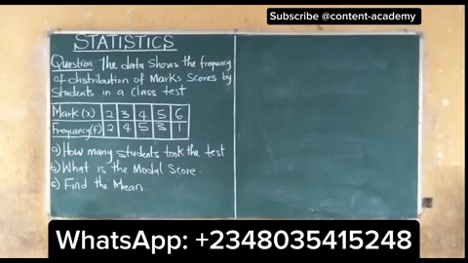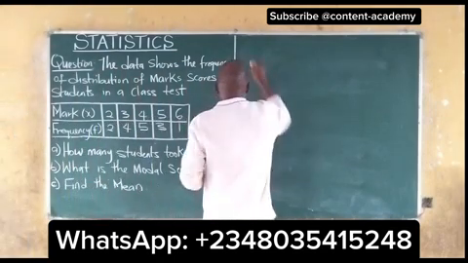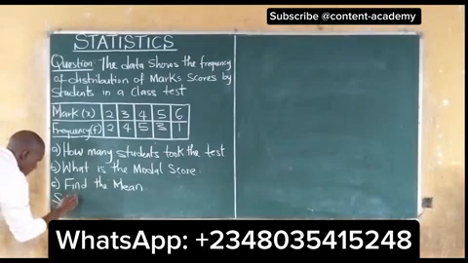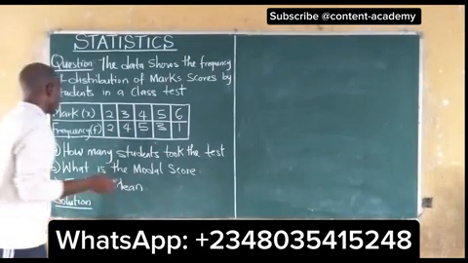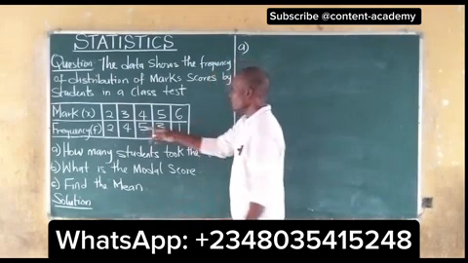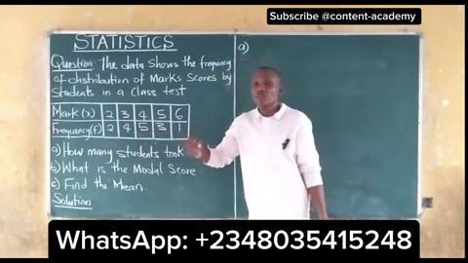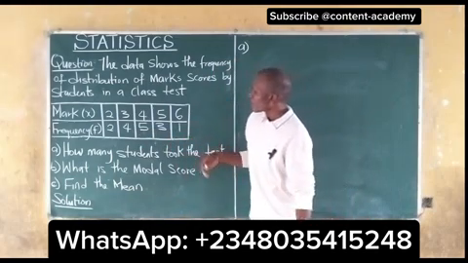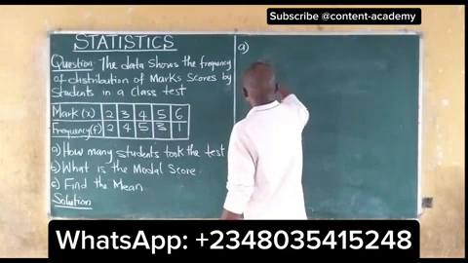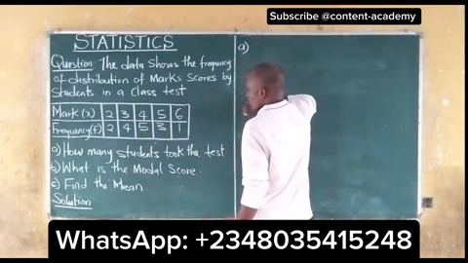So the first question says, how many students took the test? So we say solution. A, how many students took the test? Now we see this is our frequency. That means the frequency is the number of occurrence of a data set. So we have 2, 4, 5, 3, and 1. So A, the number of students that took the test, we have